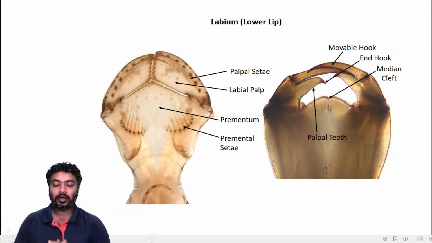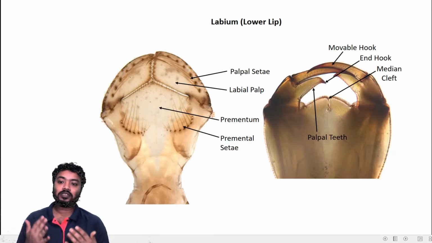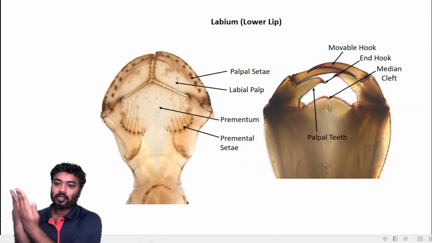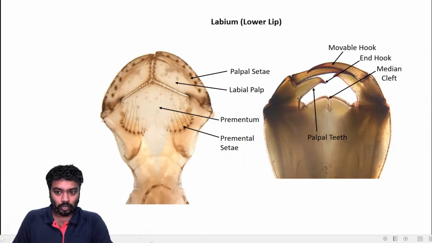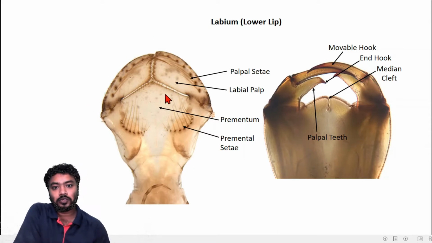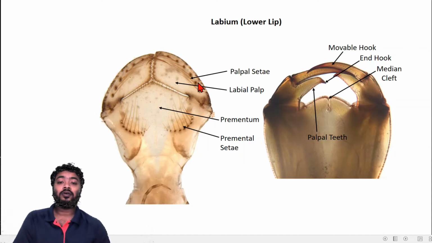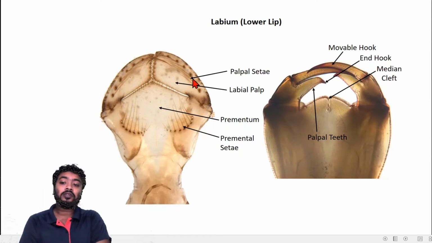So spoon shaped. But in the case of Aeshnidae and Gomphidae, the labium is flat. It's flat like this. It will always be like this, not like a spoon. Fine. So here on the right side, this is a flat labium and this is a spoon shaped labium. So see other characters. It is very important to know the minute characters of the labium, because these are the characters important for species level identification.